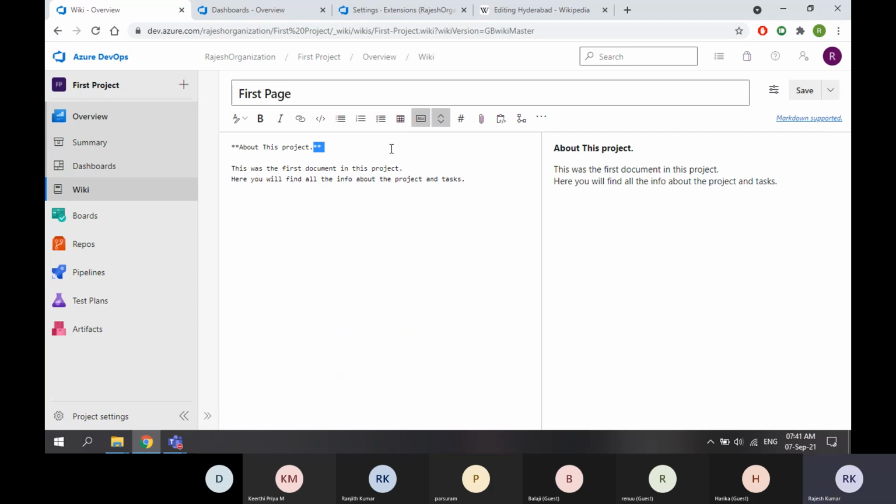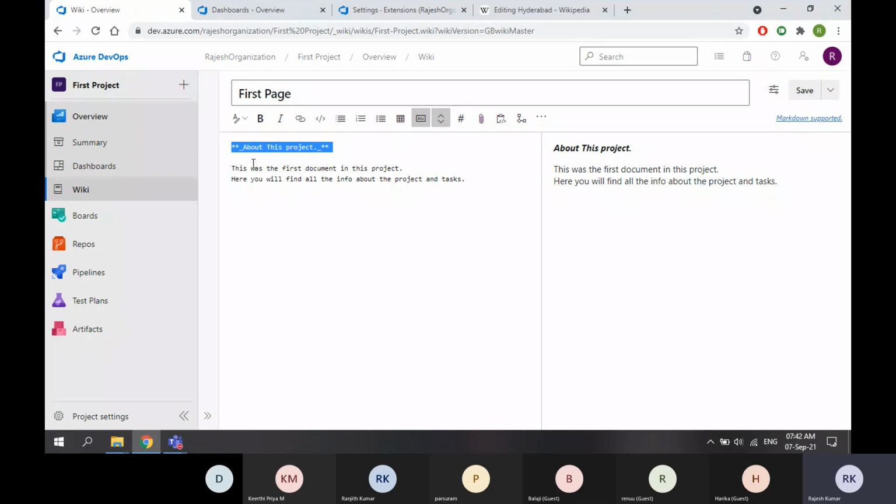To make this bold, I need to add two stars before and after the value. If you want to make it italic, select the same value and choose italic. It adds an underscore before and after the text.